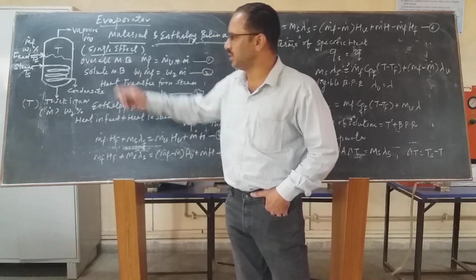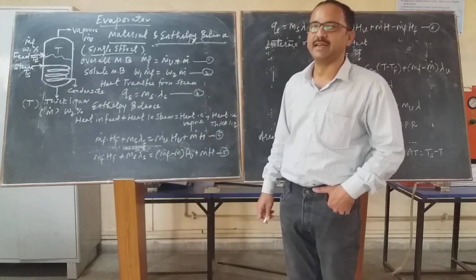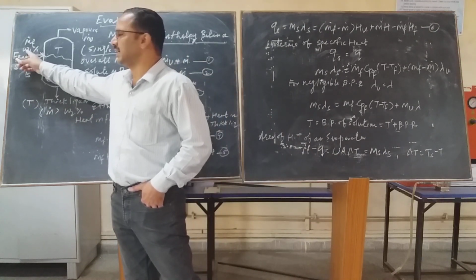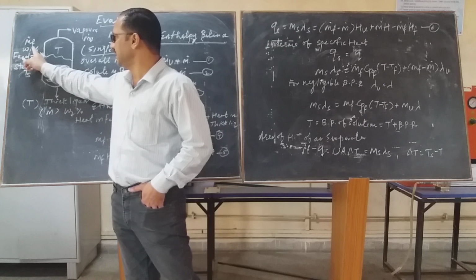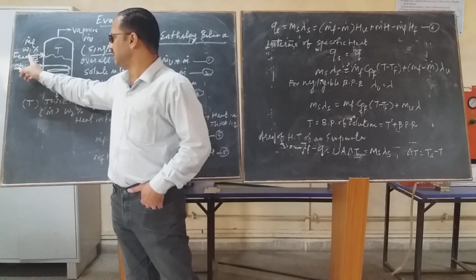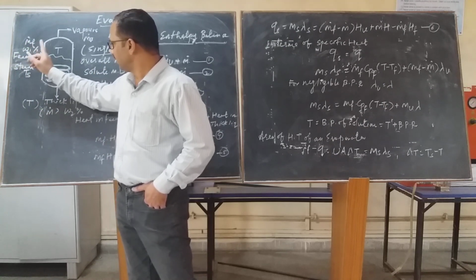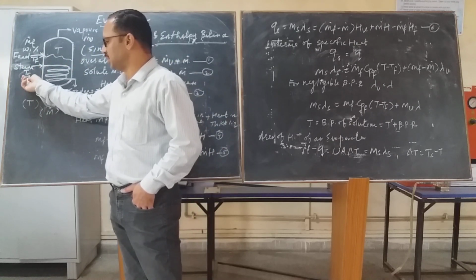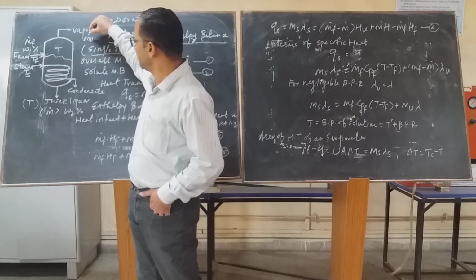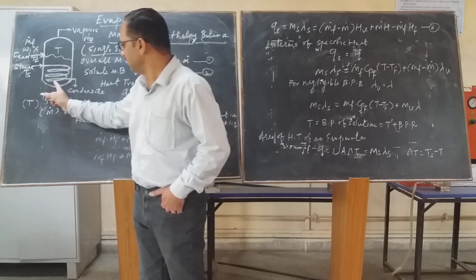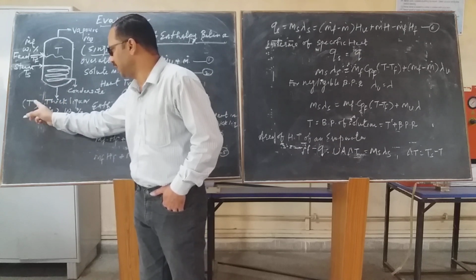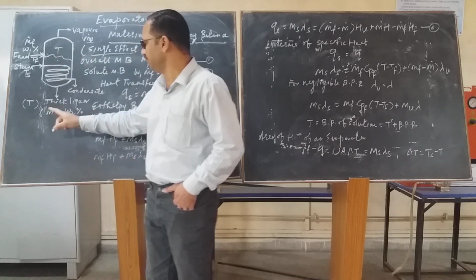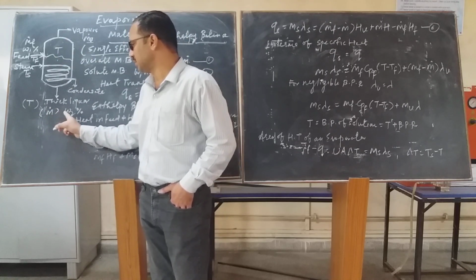I have shown the schematic representation of a calandria type evaporator, where the feed is introduced with the solute concentration W1 percent at a flow rate of mF, at a temperature of Tf. The heat is supplied into the steam chest at a temperature of Ts to form the vapors with the flow rate of mV. Then the thick liquor is obtained at the same temperature T as in the evaporator, with the flow rate of m and the solute concentration